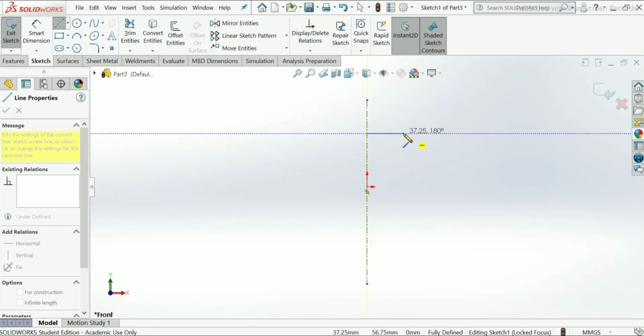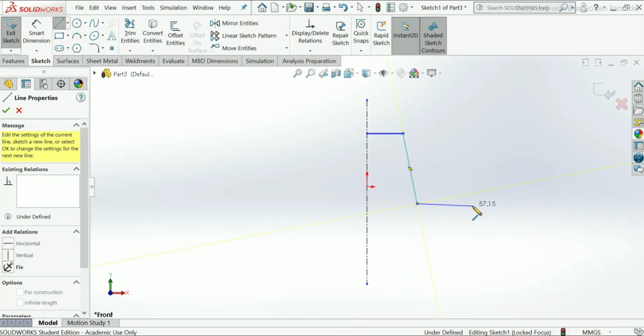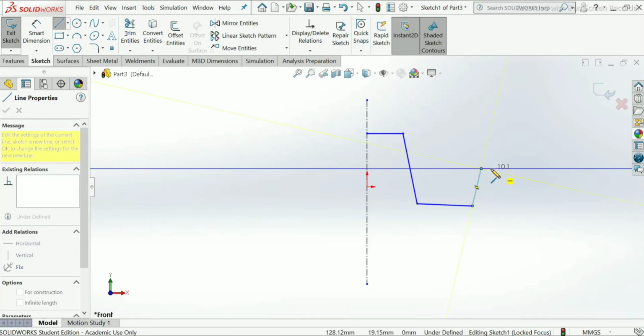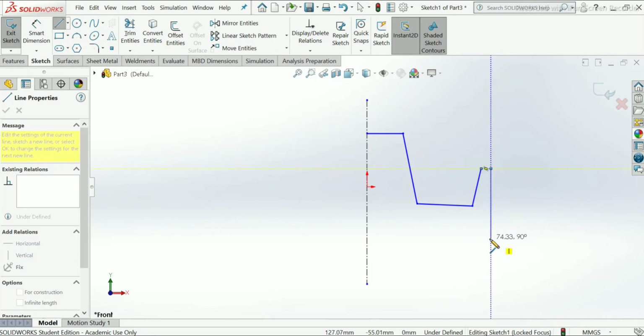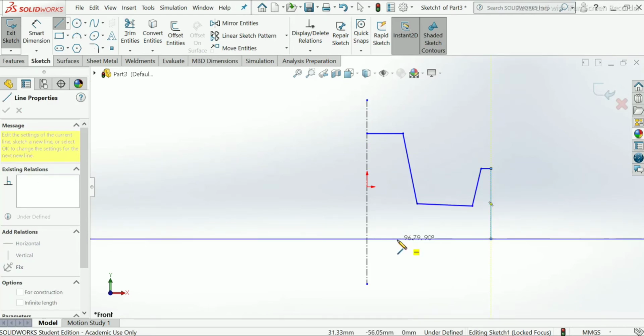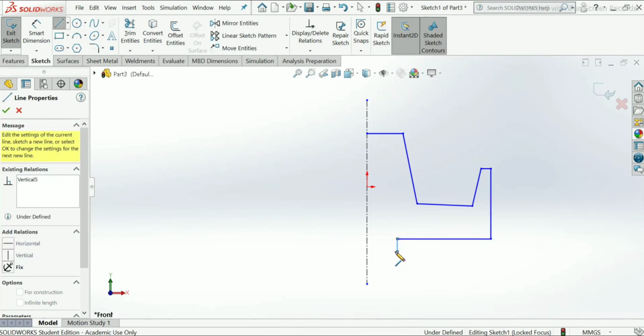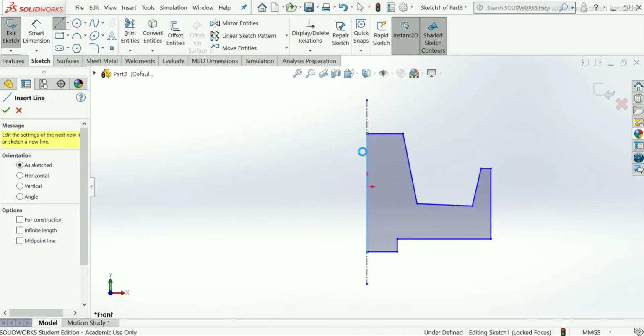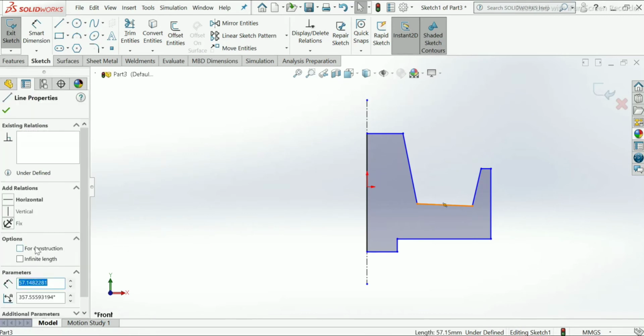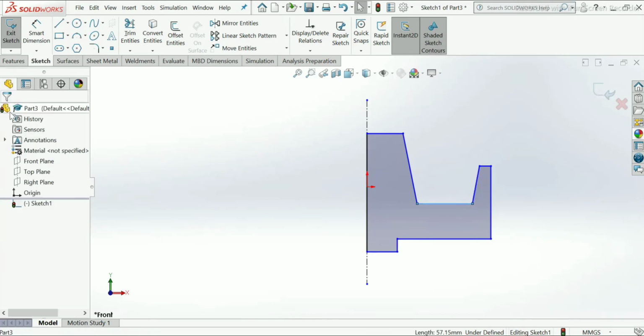For that, take point from anywhere. Make this line horizontal so that it will be straight.